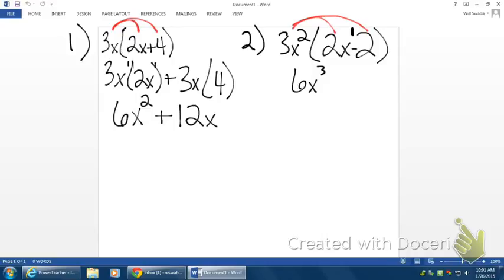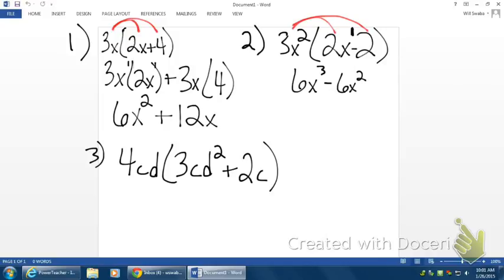Why doesn't it break off to where it's like 6x squared? So when you multiply the 3x squared times the minus 2, you're just multiplying 3 times 2, which gives me 6x squared. Yes. We can still do that. It's fine. All right, now when we do this, we're essentially multiplying the 4cd times